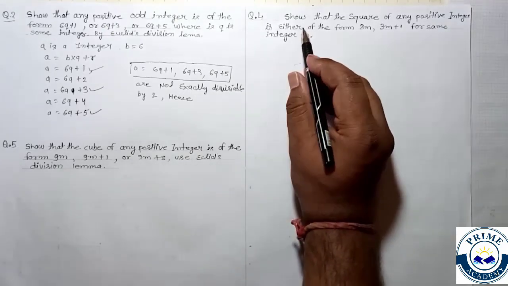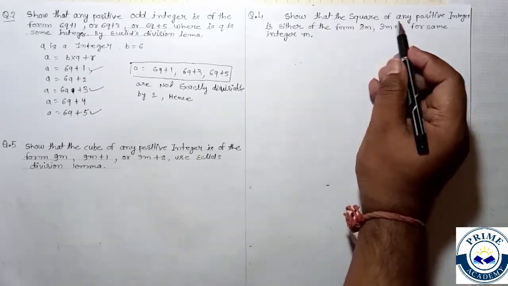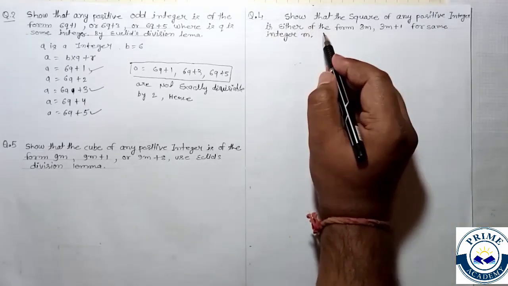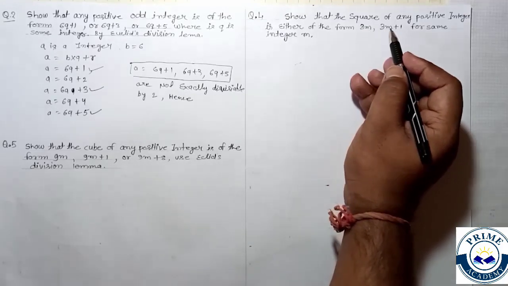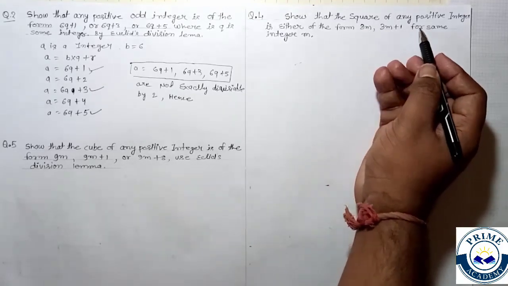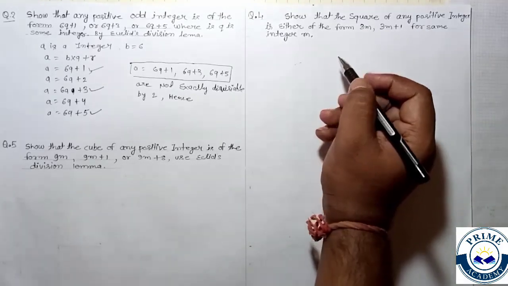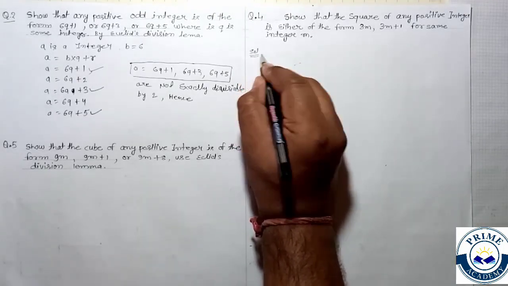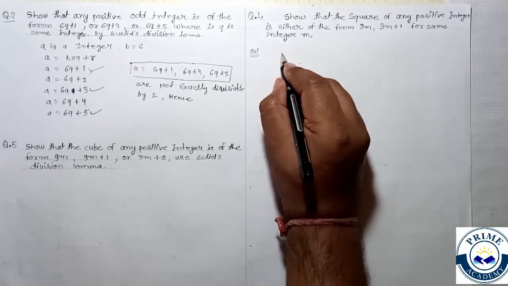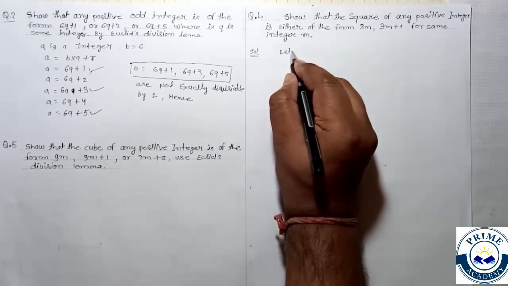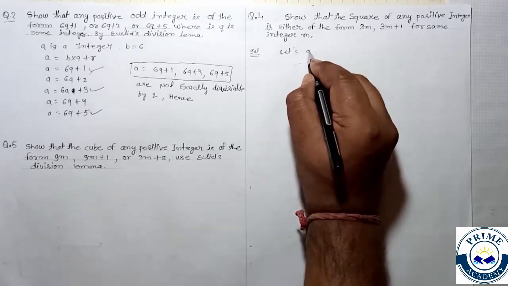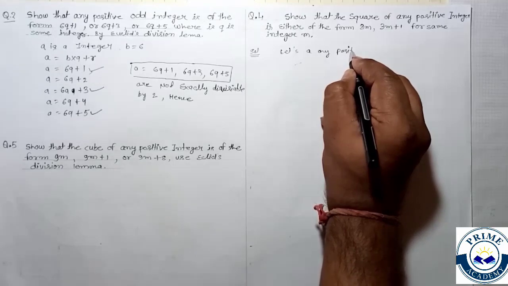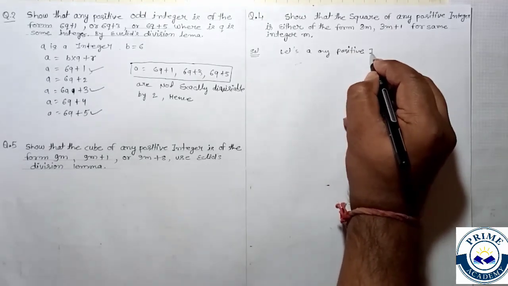Now question number 4: show that the square of any positive integer is either of the form 3m or 3m plus 1, where m is an integer. I'm going to solve it. So in the solution, let a be any positive integer,